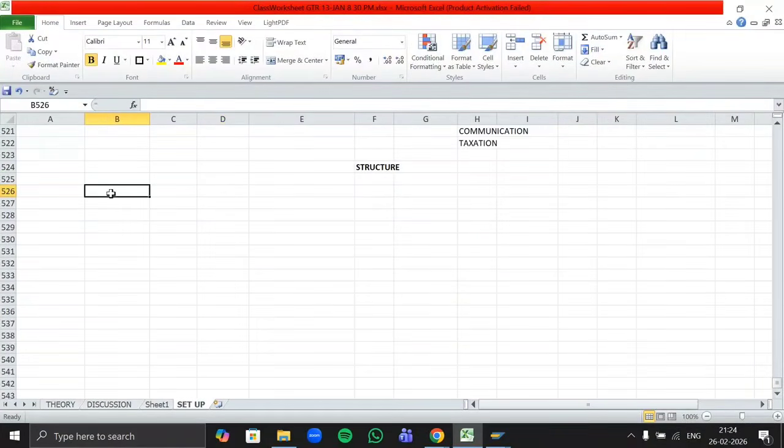So first of all, we'll create here a general data role. General data role is generally identified with the code 0000000. So what is the work of this general data role? This role is going to store all the common data of each and every role, means of each and every business partner.